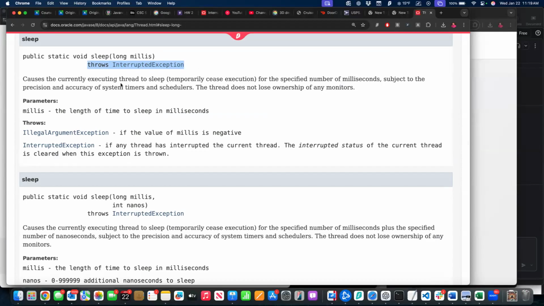It causes the current executing thread to sleep, temporarily ceases execution for the specified number of milliseconds, subject to the precision and accuracy of the system timers and scheduler. The thread does not lose ownership of any monitors. It gives us this interrupted exception issue. If any thread has interrupted the current thread, the interrupted status of the current thread is cleared when this exception is thrown. So if something else has an external impact on this thread,